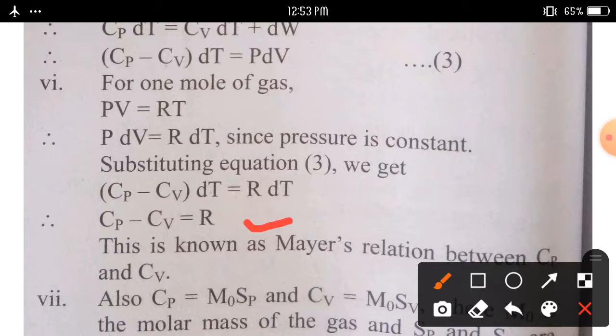This equation is called Mayer's relation between Cp and Cv. Here Cp is the molar specific heat of the gas at constant pressure, and Cv is the molar specific heat of the gas at constant volume. Then also we can write here